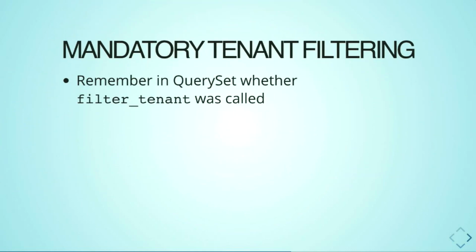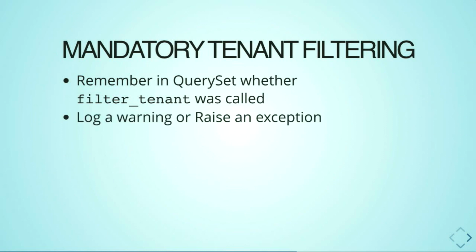What we can do is remember in each query set where the filter tenant was actually called, and if it wasn't called, then we log a warning or raise an exception when the query set actually goes to fetch data back from the database. Or you do something else, like in debug you log a warning, but in production and on CI you actually throw a hard error so that it can't escape. It's a bit nicer if you're doing refactoring because it can be a real pain sometimes when you have to